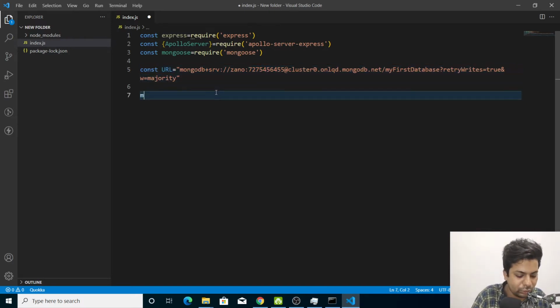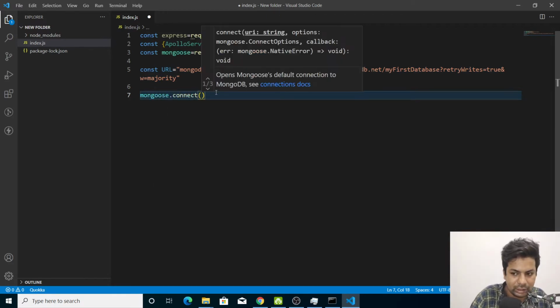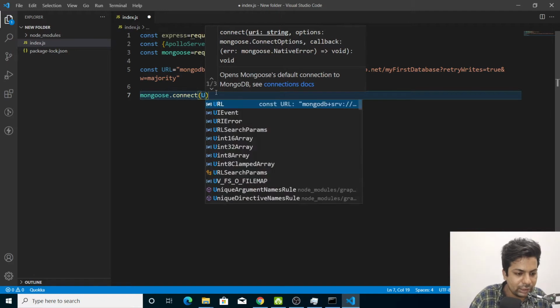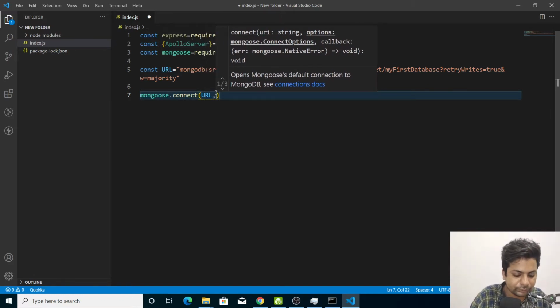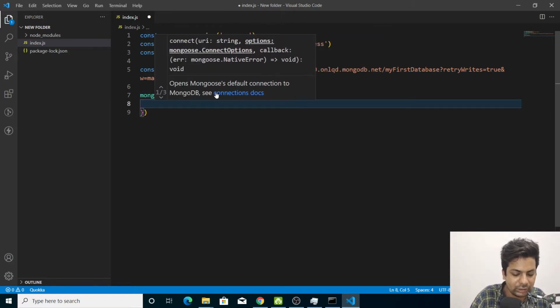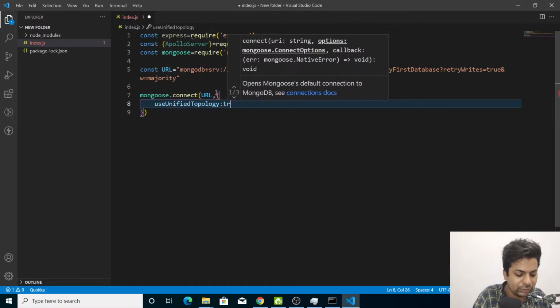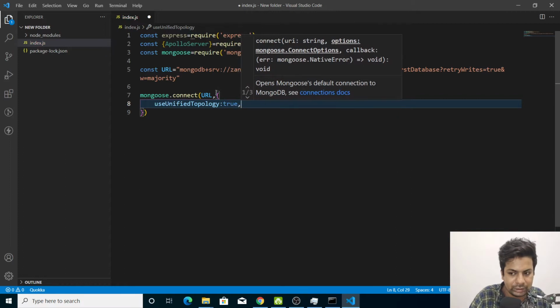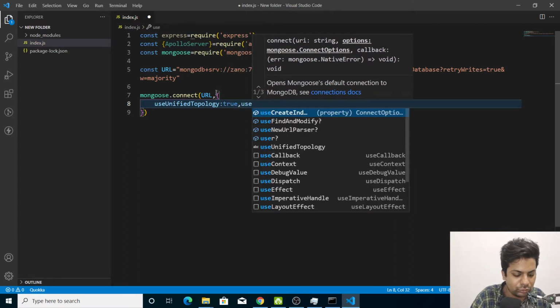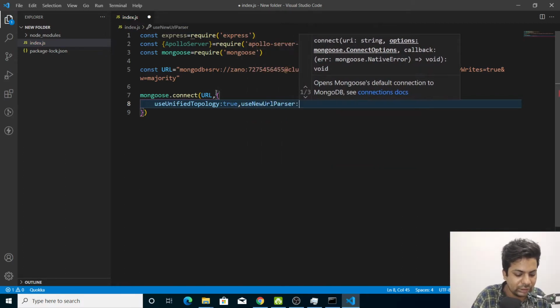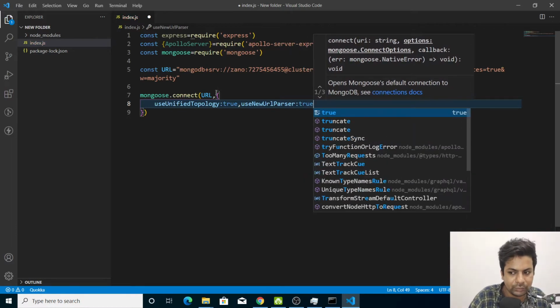Now we'll say mongoose.connect, and here we'll give the URL. Now pass some key value pairs: useUnifiedTopology, we make it true.